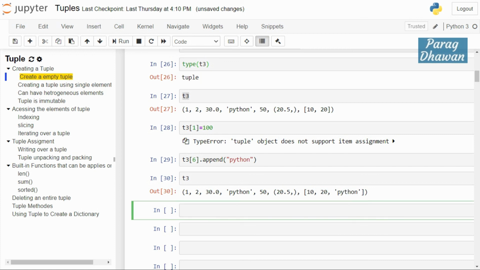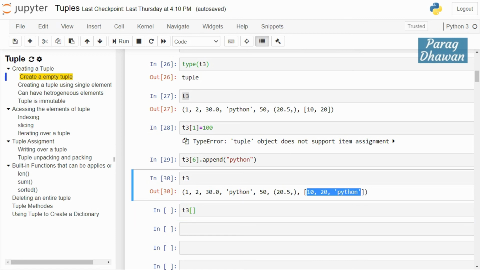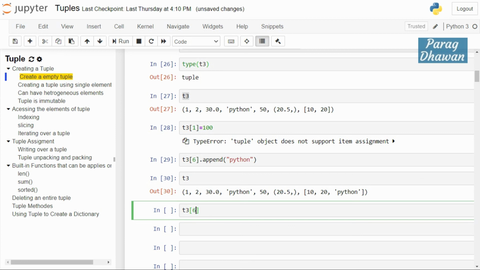Again, we are doing the same process. We added one element, and we are removing it using the pop method. In t3, this element is present at index 0, 1, 2, 3, 4, 5, 6, the 6th index. At the 6th index, I want to run the pop method to remove the element which was added.